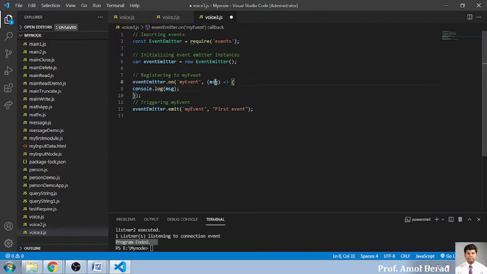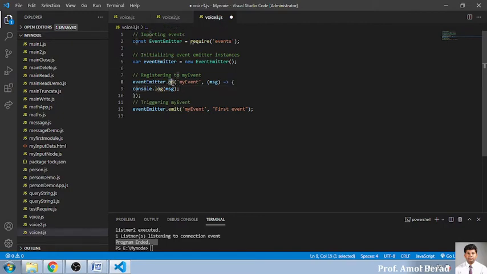The arrow function will be used here for executing. With the help of the emit function we are calling the function and also passing the parameter. The parameter is sent to this function, that is my event. And what is my event? My event is nothing but the function, and we are passing this first event to this message, and this will be displayed on your screen. So it's very simple. This is just an alternate way of writing a function, the arrow way of writing a function.